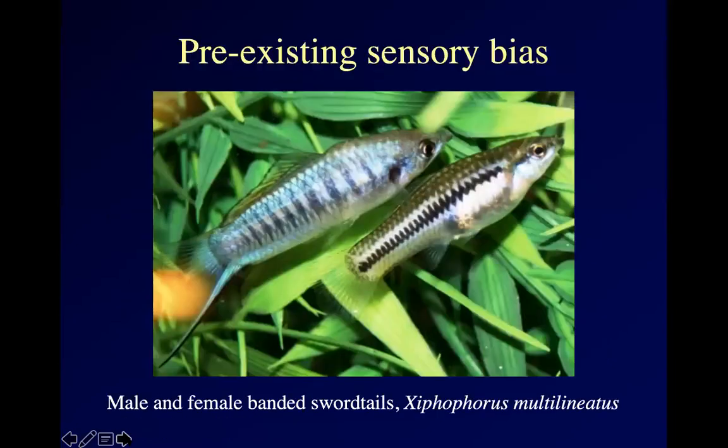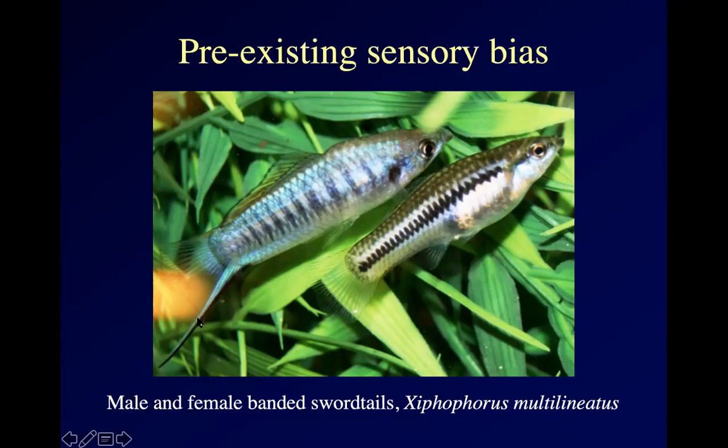Some great experiments done beginning in the 80s by Alexandra Basolo at University of Nebraska looked at sexual selection in swordtail fish. That's a couple of them. The female is on the right. She's got a translucent tail fin that basically looks like a regular tail fin. The male is the one on the left, and if you look at his tail, you can see he's got this blue with a black rim extension kind of coming down right there. That's why these are called swordtails. The male has a sword.